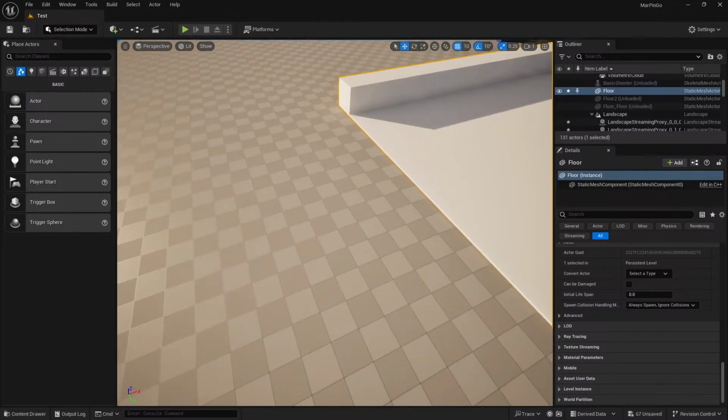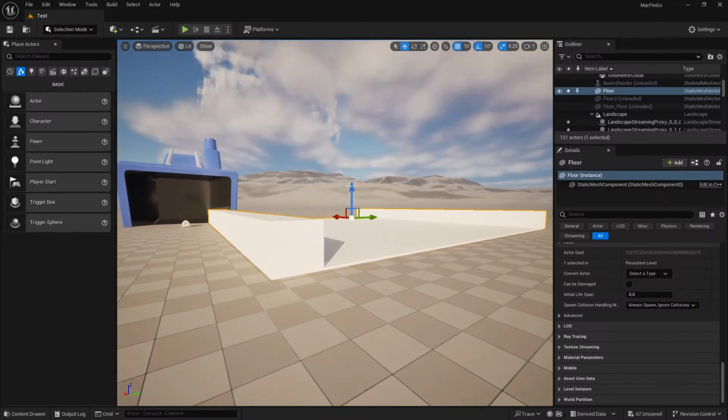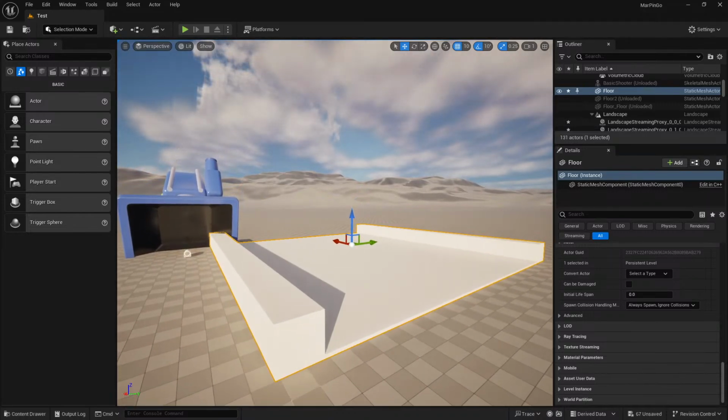But look at that. That looks really, really good. Now I cannot throw in the texture on this because